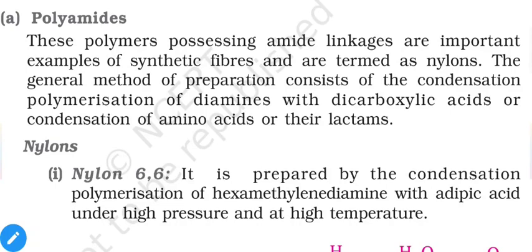So it has some categories in it. So first category is polyamide. So as the name suggests, poly, that means many, and it contains amide groups. So this type of polymers are obtained from the combination of amino, that means NH2 group containing compounds or monomers, with dicarboxylic acid containing groups, that means COOH.